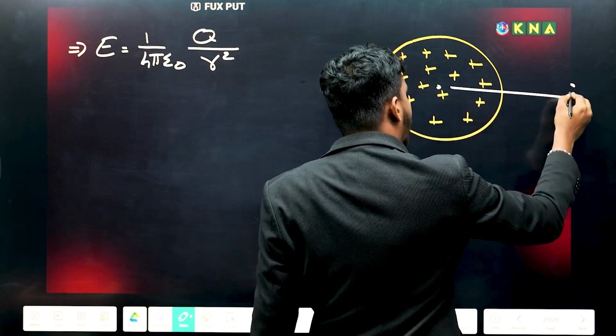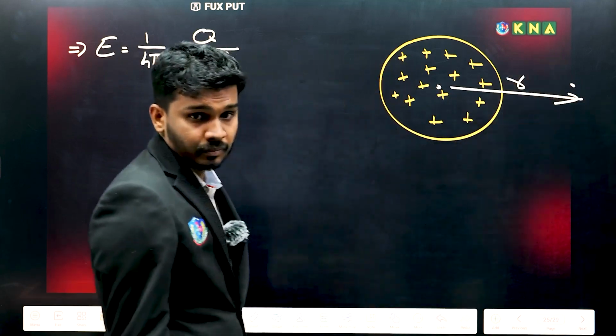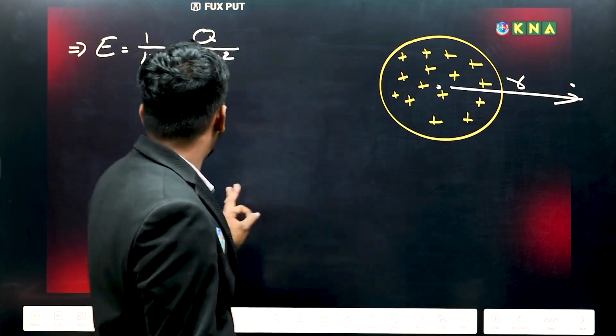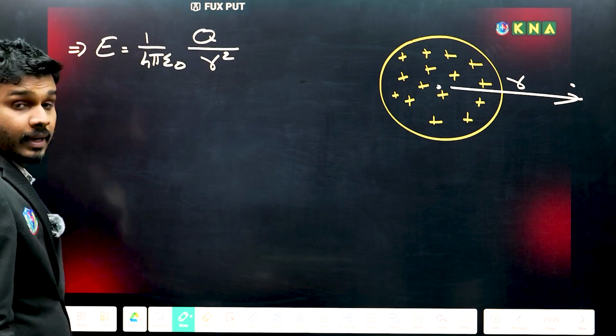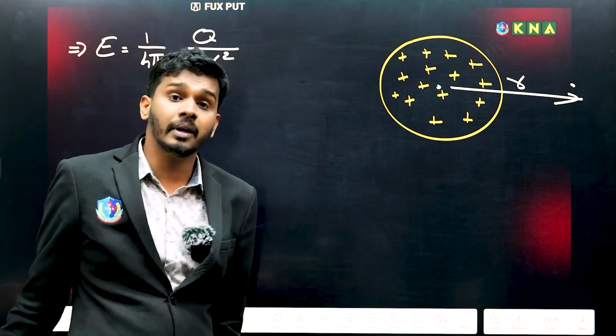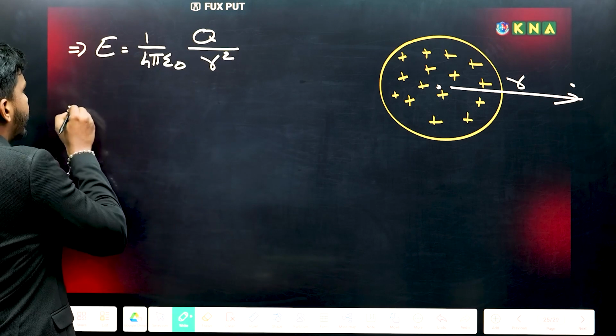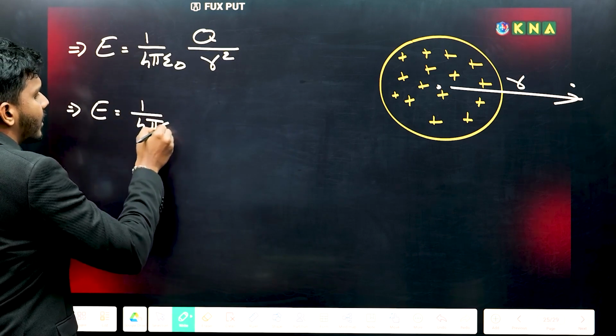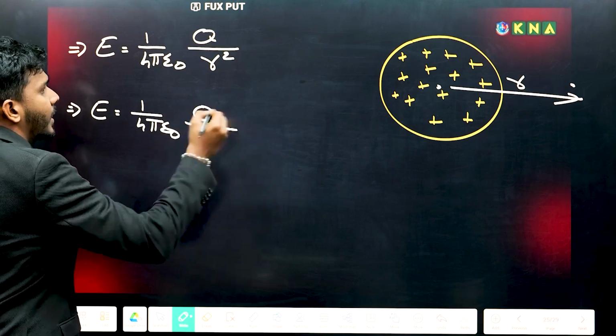The electric field outside the spherical surface is equal to K into Q by r square, that is 1 by 4 pi epsilon naught into Q by r square. Electric field on the surface is equal to 1 by 4 pi epsilon naught into